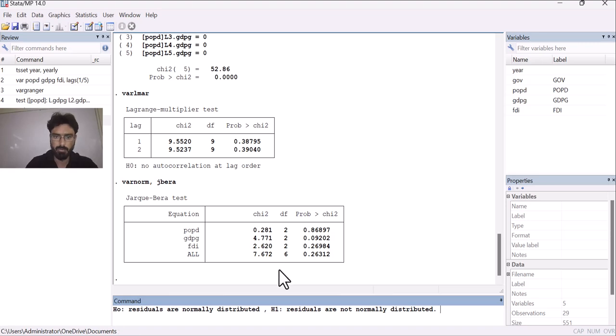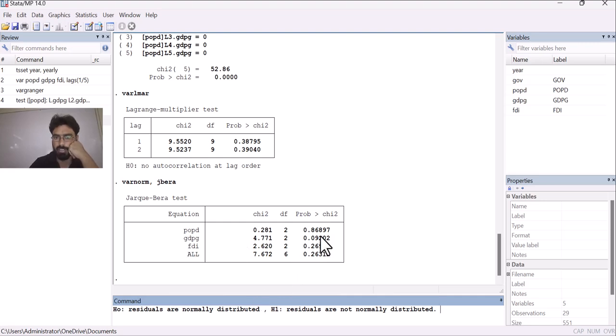So we have to see the p-value. If the p-value is greater than 0.05, then we have to accept the null hypothesis. As in this case, for the first model, the probability value is greater than 0.05, which means that we have to accept the null hypothesis, which means that residuals are normally distributed.